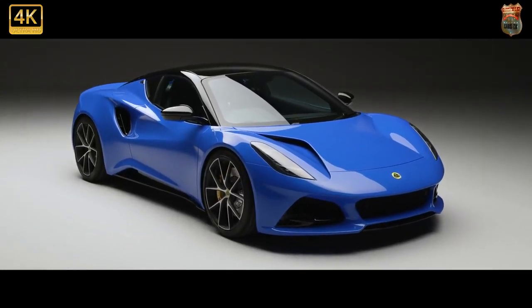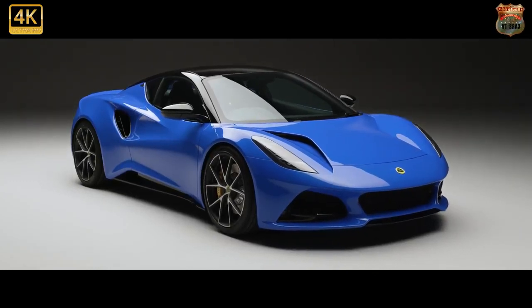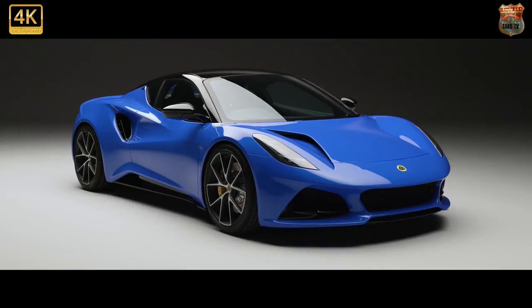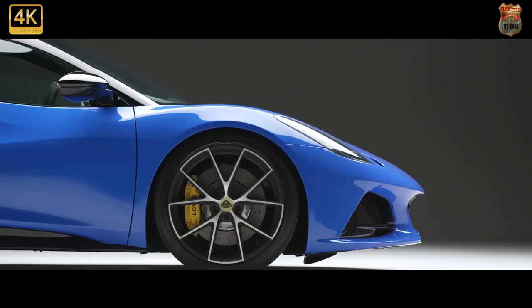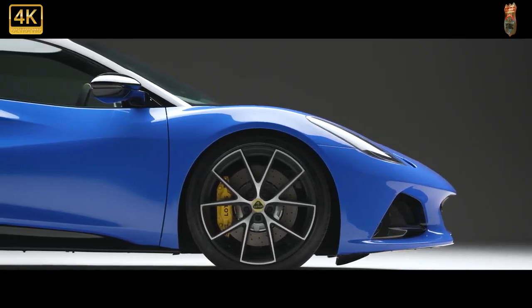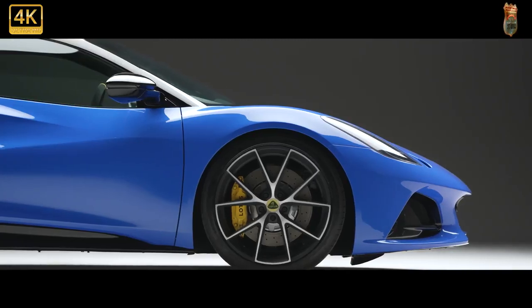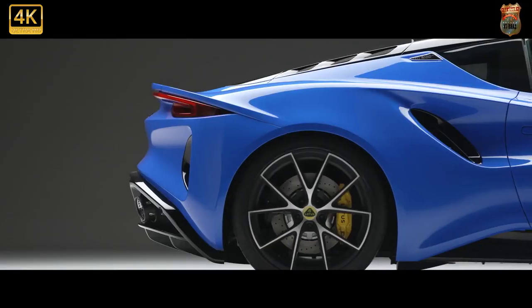Lotus's first brand-new series production model in more than a decade is a stunning mid-engined, two-seat sports coupe with supercar-aping looks, a high-quality interior and the option of four-cylinder turbo power supplied by Mercedes-AMG. The Emira will eventually be priced from £59,995 and is pitched at what Lotus believes to be a gap in the market below higher performance versions of